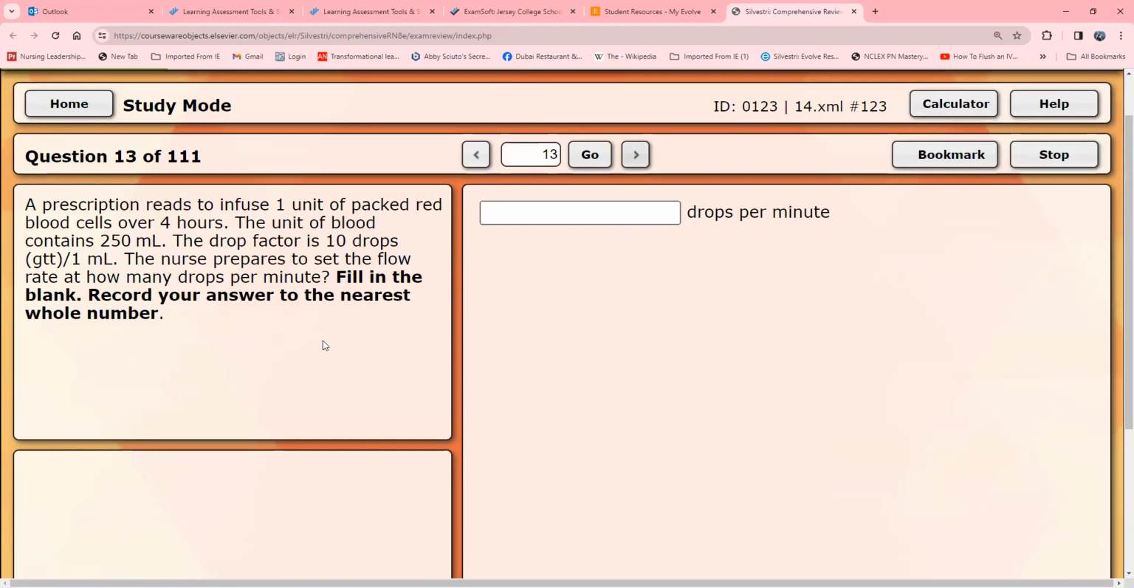Drops per minute. Drops per minute. And that's where my eyes go right too. I don't even look at the other stuff up in the top. Then I figure out what formula I need, so I know this is drops per minute, so I have